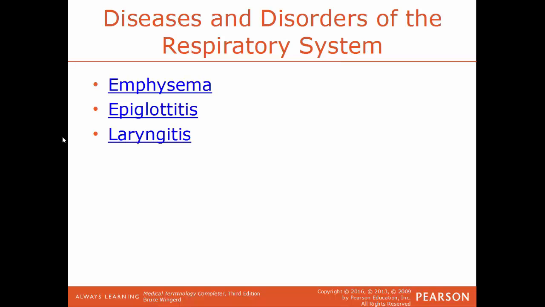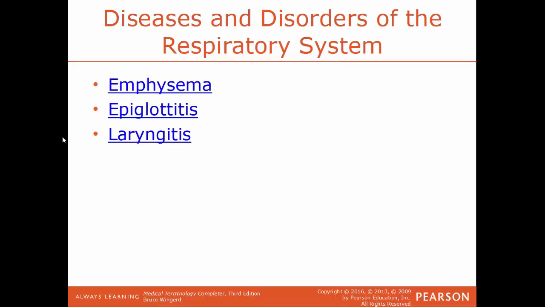The next term, epiglottitis. This is an inflammation of the epiglottis. The epiglottis is a piece of cartilage that will close over your trachea whenever you swallow. That way, when you swallow, food and liquid will go down your esophagus into your stomach and not go into your lungs. So whenever you eat too quickly or eat too much or do both, and you start to choke,